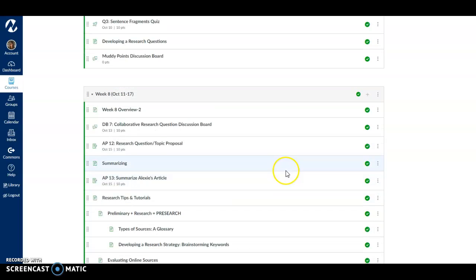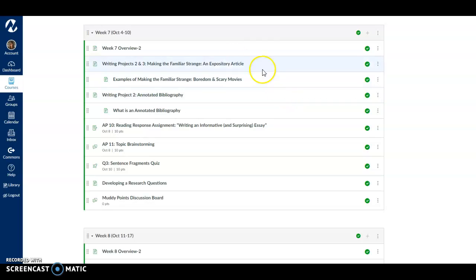All right, so go back to week 7 and read our new assignment over and over again. Watch that video over and over again so you can get a real good idea of what's expected. And remember, this is an expository article, an expository research article. And so we're breaking that up into 2 parts. The first part is going to be an annotated bibliography of all of the sources that we need to gather for this article that we're going to write. And then once we're all done with that, then we will turn to the writing of the article. So right now we're focusing on researching and the annotated bibliography.